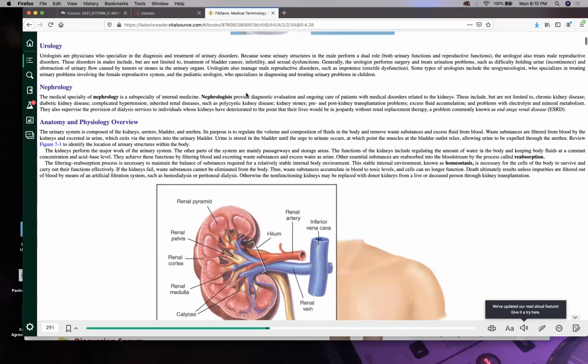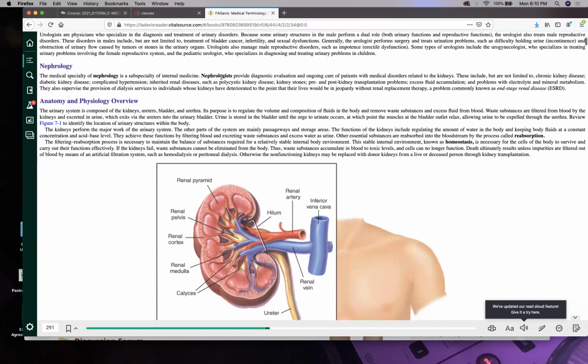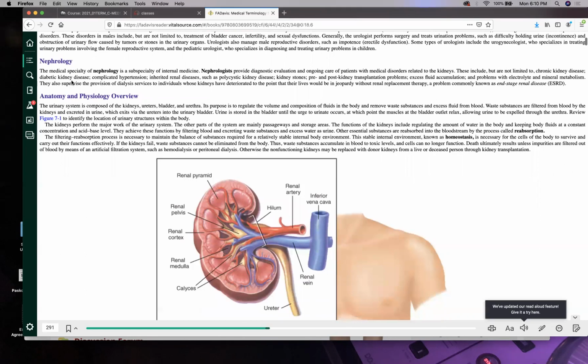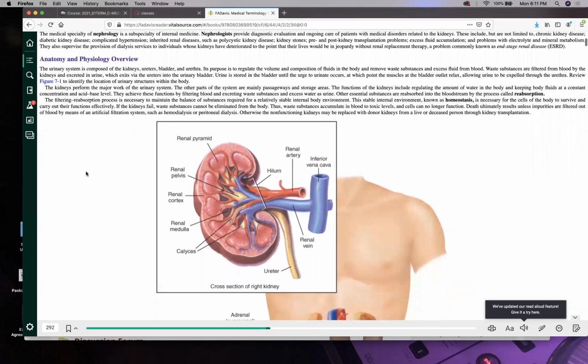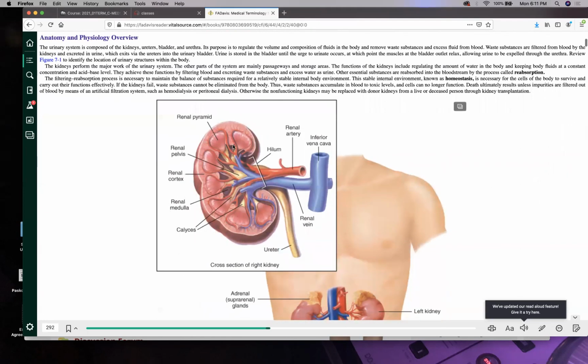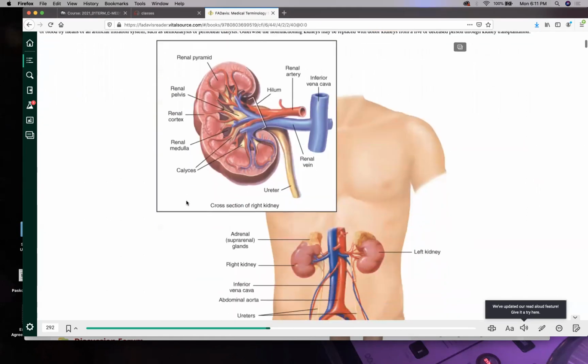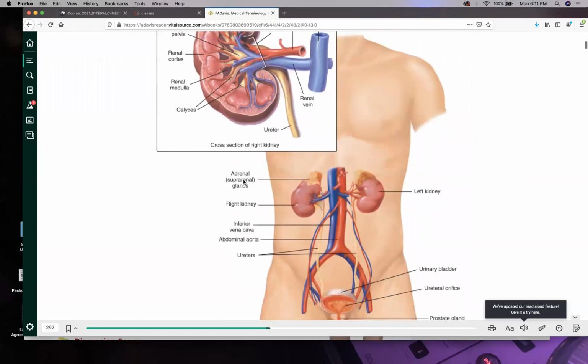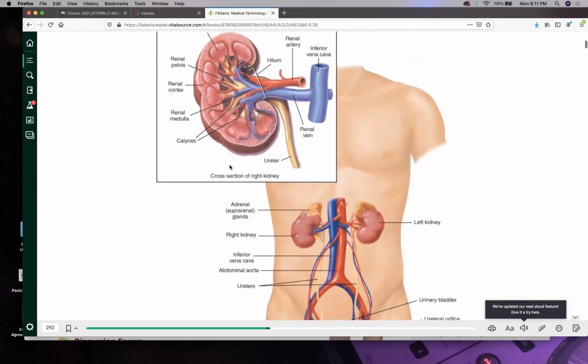Nephrology is kind of like its own little department by itself. Nephrology is medical and surgical, but mostly medical, and that's why they are under the Department of Internal Medicine. They are kind of like subspecialists. When I was an intern, my first tour of duty was in the nephrology clinic. That was an adventure. What did we focus on? This thing right here, the kidney. Now this is anatomy and physiology. This is nice to know. When you get into anatomy and physiology, this is the kind of picture you should be looking at.